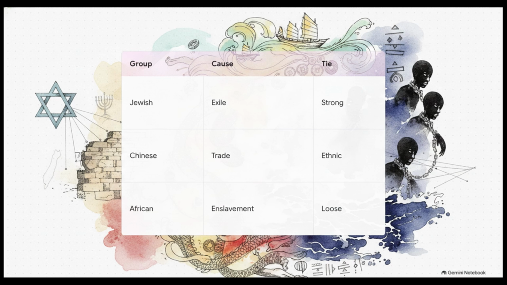The Jewish diaspora was caused by forced exile, maintains a very strong state link today, and is your classic victim category. Then you have the Chinese diaspora, driven by trade and labor. They maintain cultural and ethnic ties rather than direct state dependence, fitting neatly into the trade/labor category. And finally, the African diaspora, stemming from forced enslavement. They maintain a looser tie based on shared ancestry and history rather than a single state, and fall into the stateless victim diaspora category. 3 totally different patterns, all wrapped up in one unifying concept.